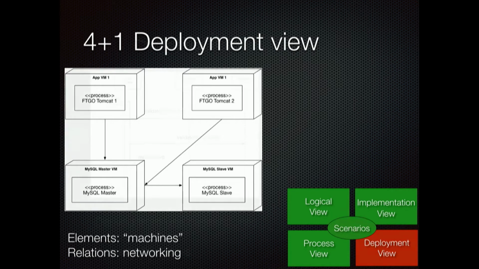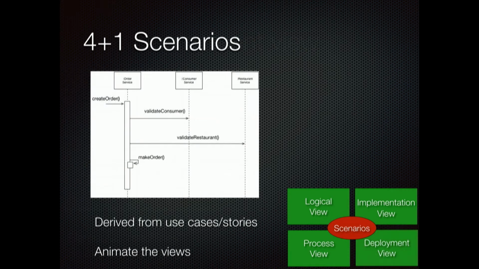And then you have the scenarios that, for a given view, show how the elements within that view collaborate to handle a request. So in this example I have here, that's a sequence diagram, at least I guess from the logical view, showing how my classes collaborate to handle that one request. But you could have a similar diagram showing the flow between processes or the flow between machines. So when I go to a client and I say, what's your architecture? I'm so hoping that they're presented in this form.